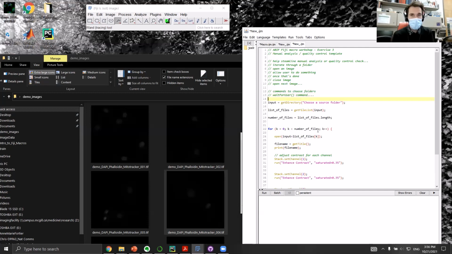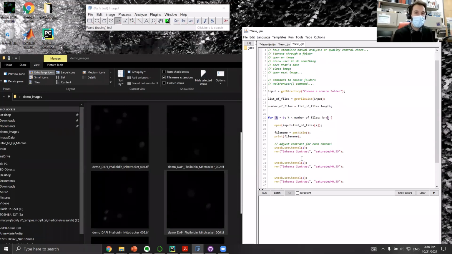Essentially, we're going to use a for loop, which you may have seen before. Here I'm using the iterator variable k instead of i. K is just handy because if I do another for loop inside this, they don't crosstalk and do something nasty. And instead of going through these regions of interest, we're going to go through